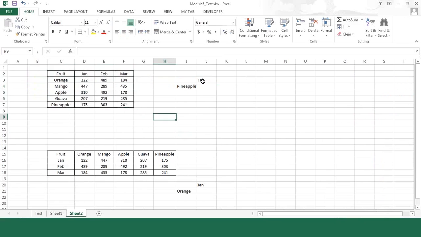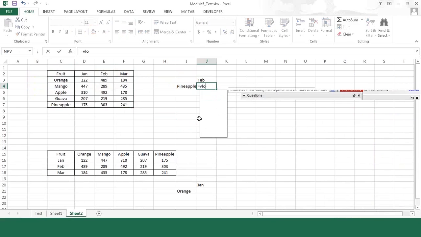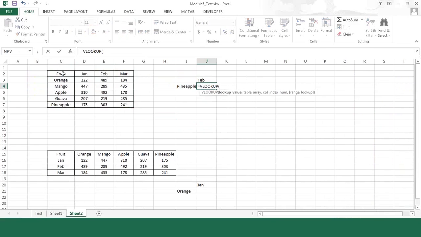So if I want to find out the sales that were made in February for the fruit pineapple, in that case, you can use the function called VLOOKUP. You use equal to VLOOKUP,